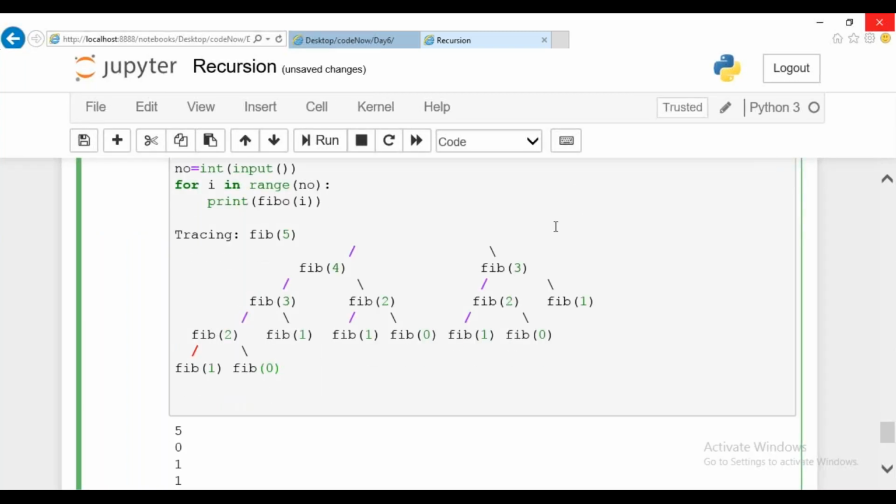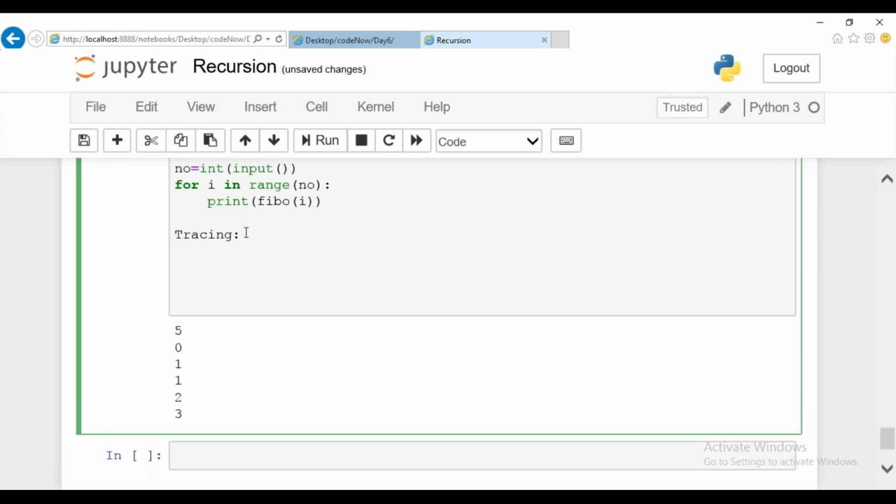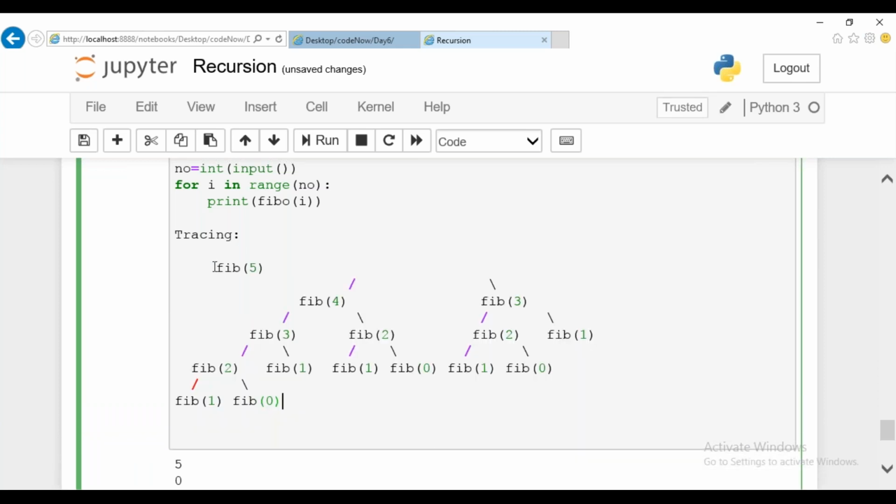This tree trace, just a minute. So tree tracing can be done like this. Previously we did it using the stack summary. Tracing can be done with this tree structure also.